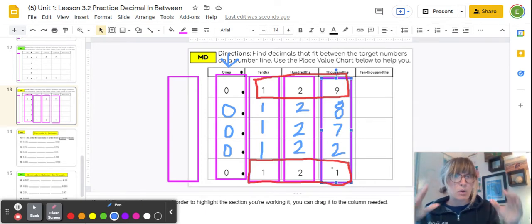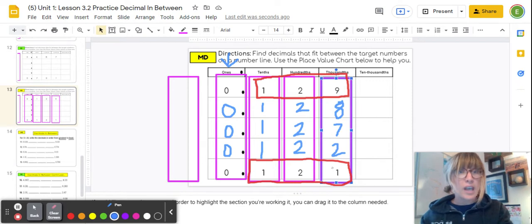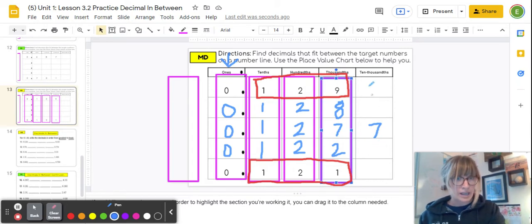Now, we're not necessarily ordering them here, but we just are trying to find three that fit. So you could put them in a different order, and it would still work. You could also choose other digits to fill up your thousandths here, and that would also work. If you wanted to get super specific, you could also add more digits into your ten-thousandths. This would still end up working, because if you put zeros in the rest